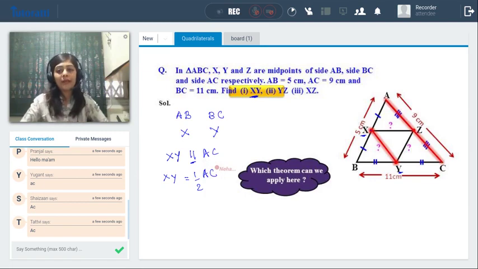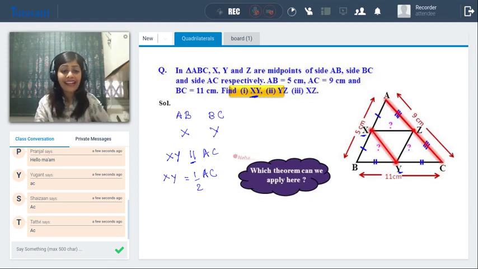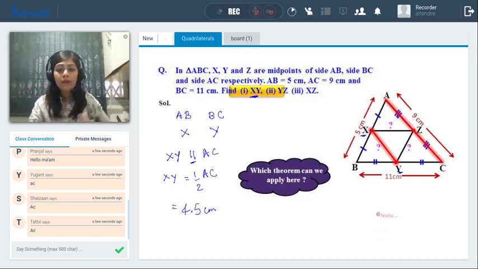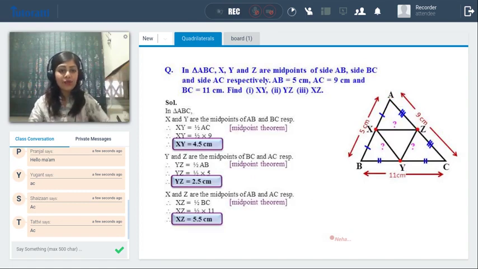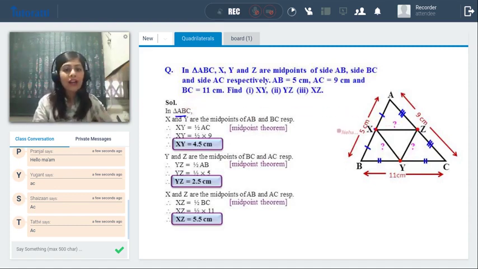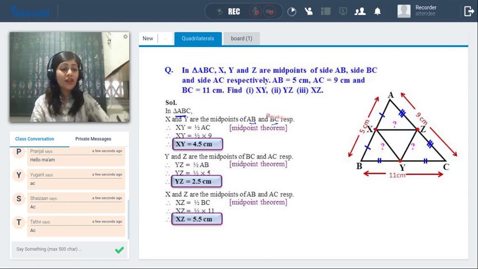So now students, quickly tell me, if AC is 9, what's the value of XY? It has to be half of AC, right? And yes, it has to be 4.5 centimeters. So by the midpoint theorem, what we understand is that XY will be parallel to AC and half of AC. So XY is 4.5. Students, how do you write this? You have to write it in exactly the same way your midpoint theorem is written. First, we start with what's given. So, in triangle ABC, what do we have? X and Y are the midpoints of AB and BC respectively. Once you understand this is known to you, you have XY will be half of AC